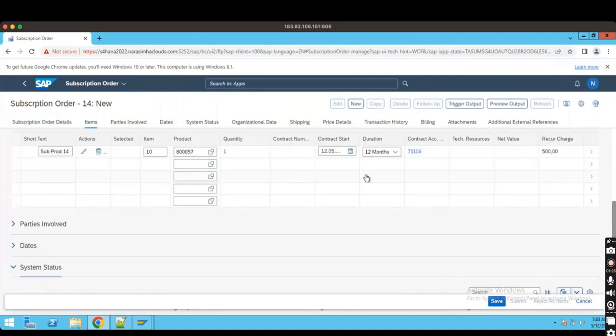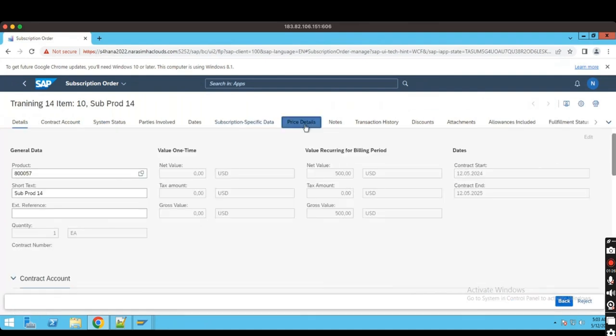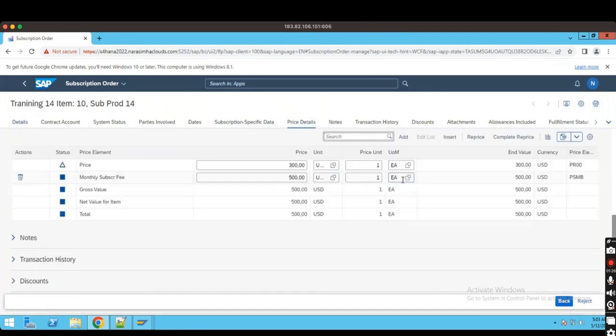And you remember how this has come for 12 months, how we are defaulting? I hope you remembered. Okay, this is the product setting, the material master, right? Yeah, material master. That's right. Now price details are okay. Price details 500 is something we are maintaining. Now let's go and